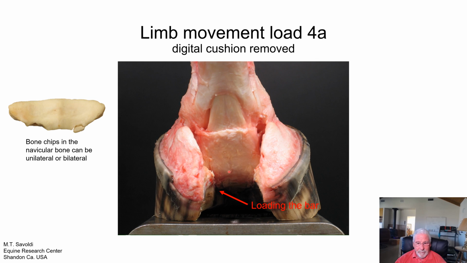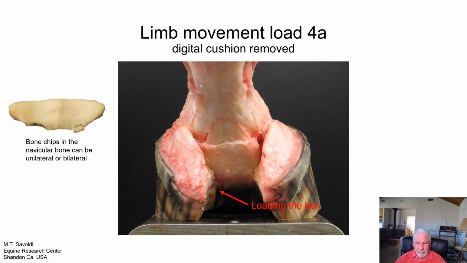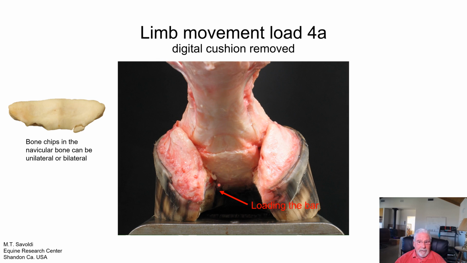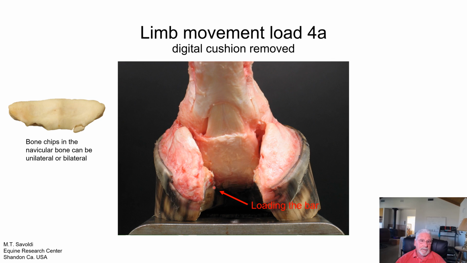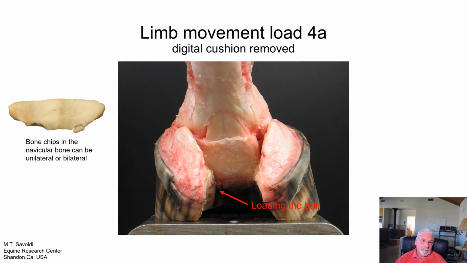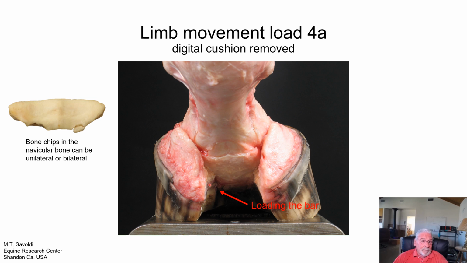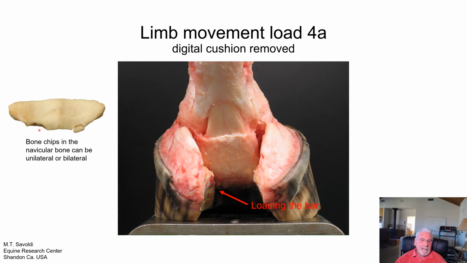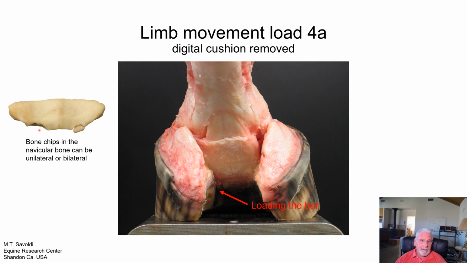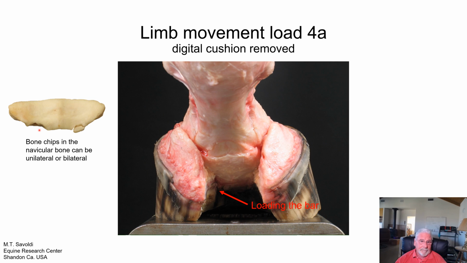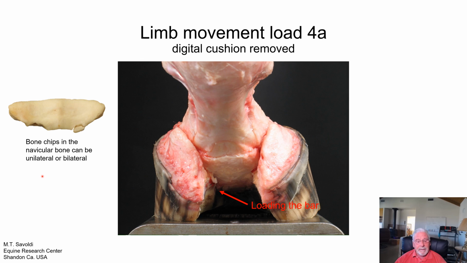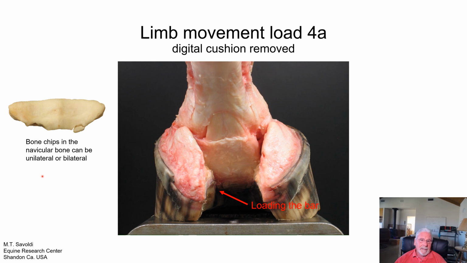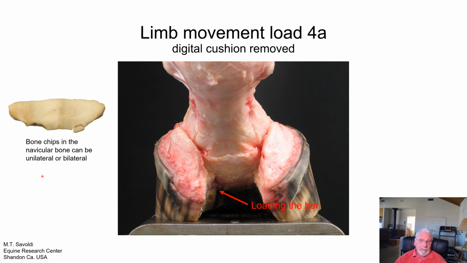The navicular bone runs right through here, right in the cut through here. And so as it loads, there's tissue involved, but the navicular bone is putting pressure onto the bar, or vice versa, semantics, the bar is putting pressure on the navicular bone. But what happens here is usually the majority of chips on the navicular bone are on the lateral side. All evidence, in my work, tells me that most likely when the foot hits the ground, the secondary